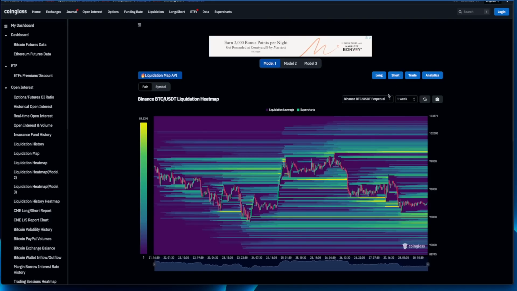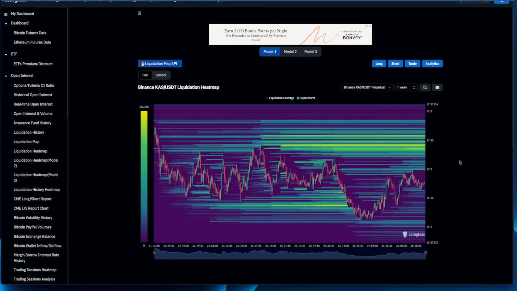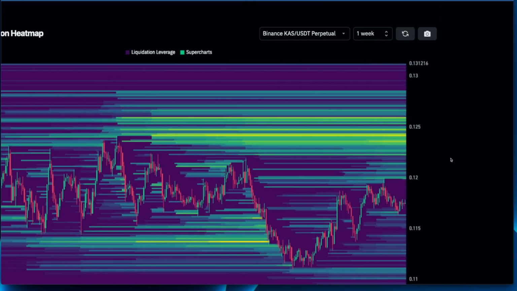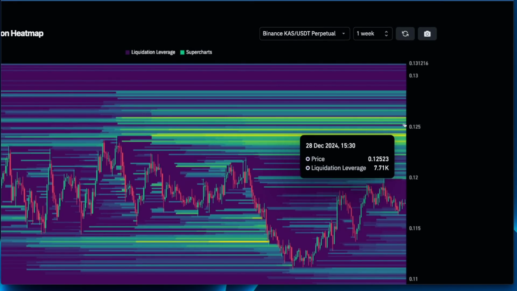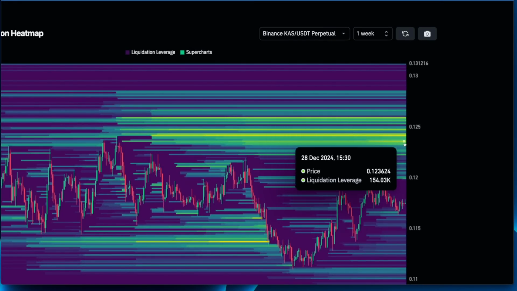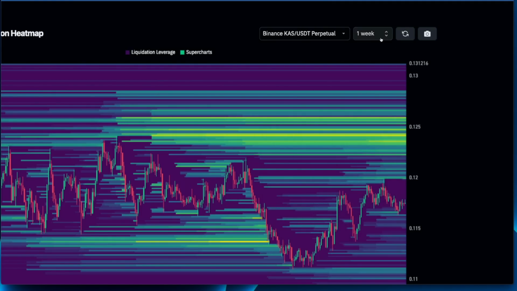So now let's have a look at the heat map, guys. Let's put Kaspa Binance on a weekly. Actually, since I've got this weekly in here, let's quickly have a look at weekly. So looking at the weekly time frame, guys, from the standpoint of liquidity, at least of that heat map, we can clearly assume that Kaspa will at least reach levels of 12 cents 5, and obviously we are going to go from there if it comes to weekly.